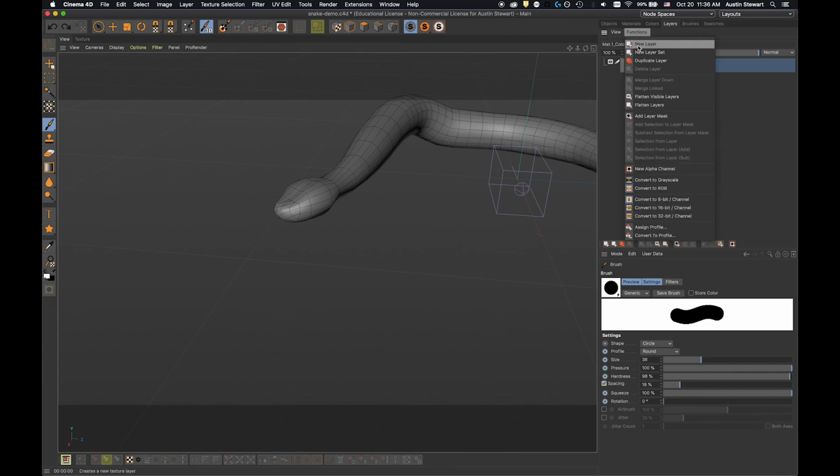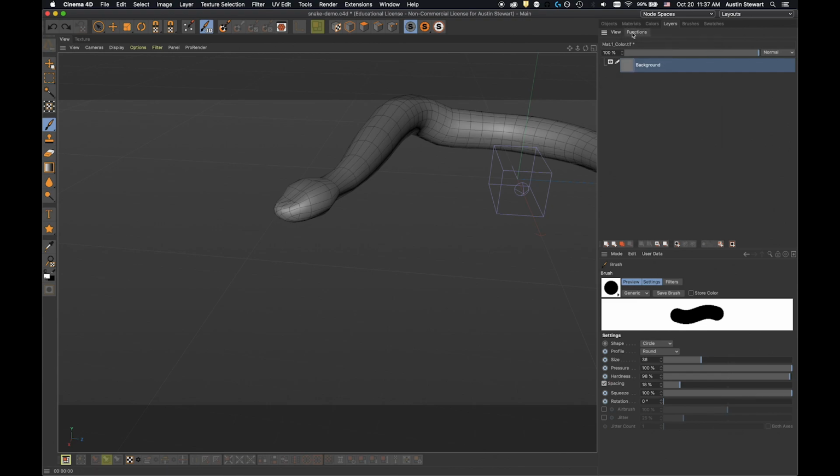under functions, I can say new layer set, duplicate layer, flatten layers, add layer mask, and so on. All of these things are similar to what you can do in Photoshop with layers. If I hit the create new layer option down here, these are those same buttons, they're really tiny, but they're there. And so now I have this new layer that I can paint on. And much like Photoshop, I can turn the visibility of a layer on or off. So let's go ahead and